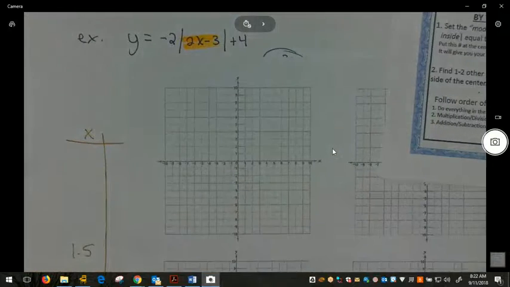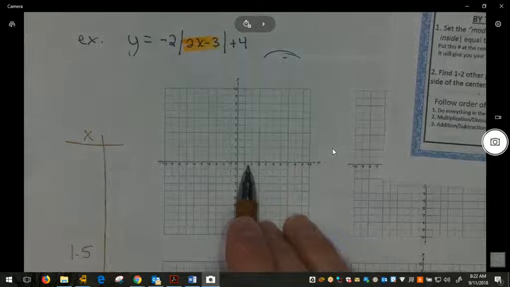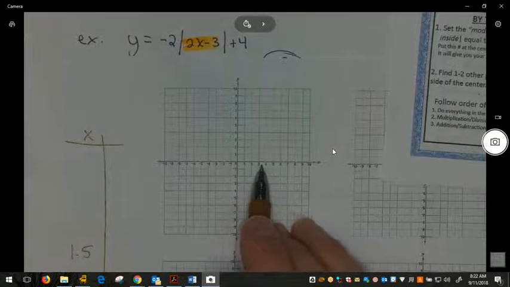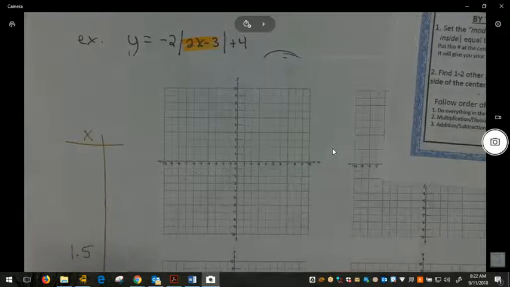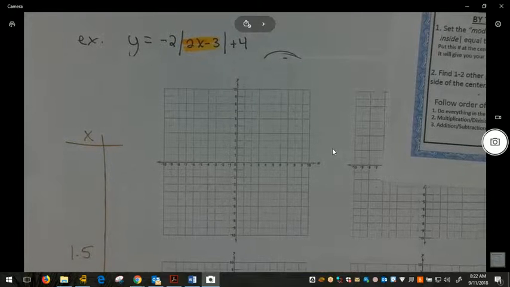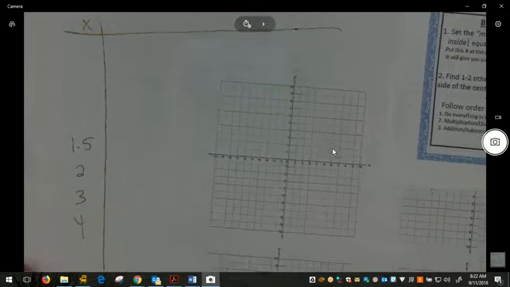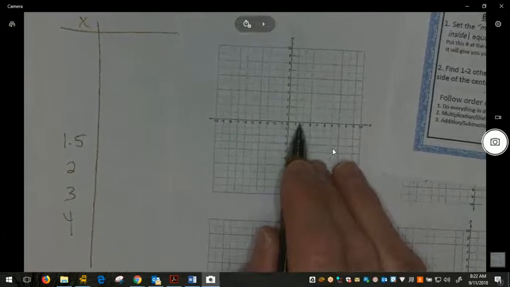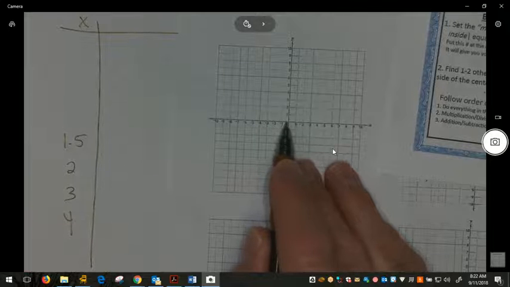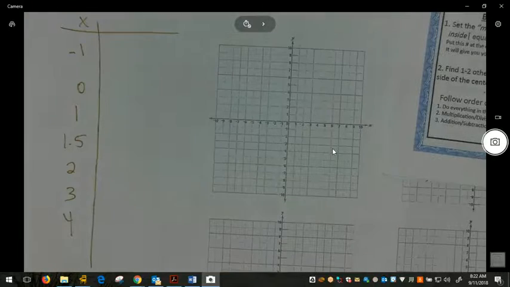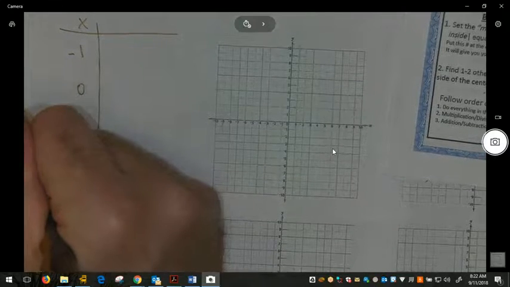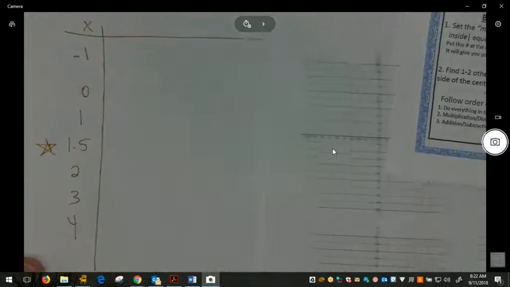On our graph, 1.5 is here, and we want at least 2 values to the right. I'm going to do 3 this time: 2, 3, and 4. At least 2 values to the left of 1.5: I'm going to do 1, 0, and negative 1. So I'm going to do 3 values to the left and right. We expect the center to be right there at 1.5